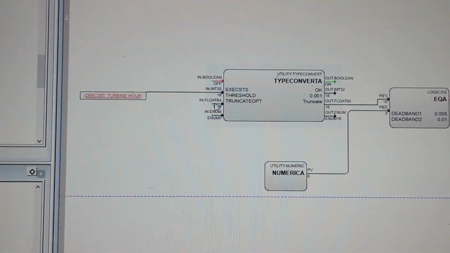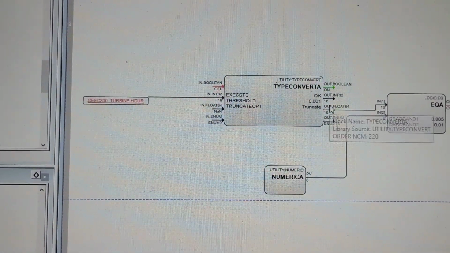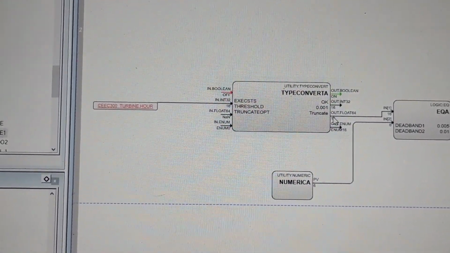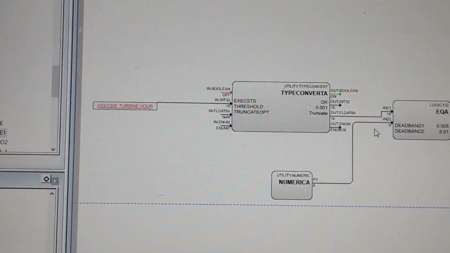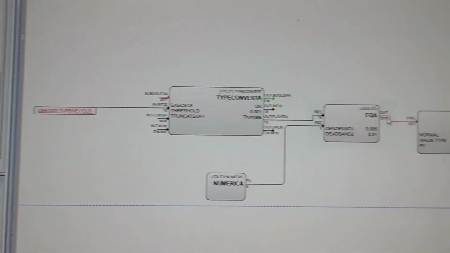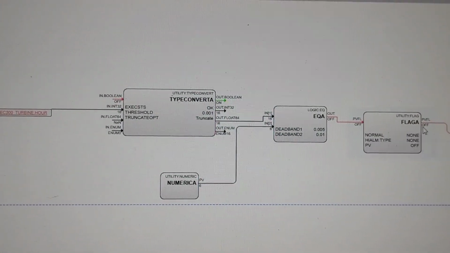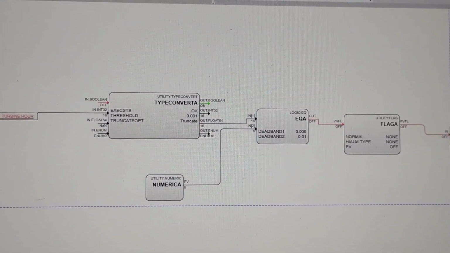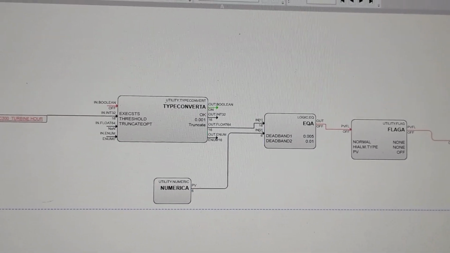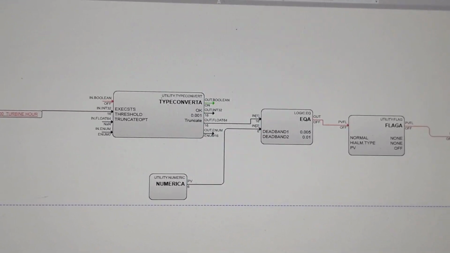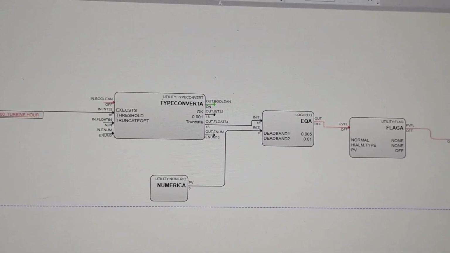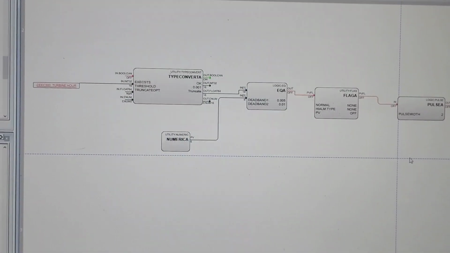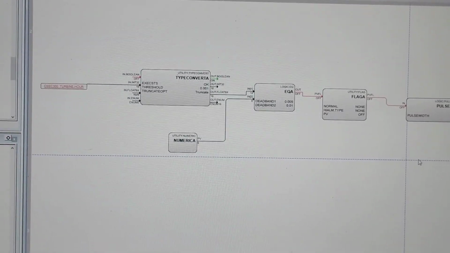Here you can see the time is coming 16 hours because it is 4 o'clock, which is 16. When it comes again to 6, and here is a set value of 6, it will make this value high, this flag will also get high, and it passes the 2-second pulse to our totalizer. You can use it for start, or you can use it for stop or reset. You have to prepare the logic as per your requirement.